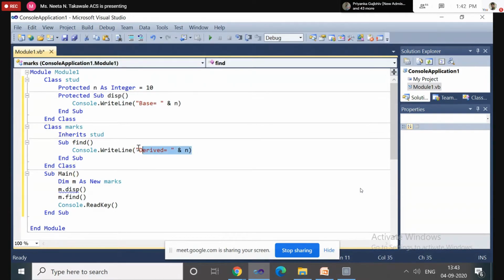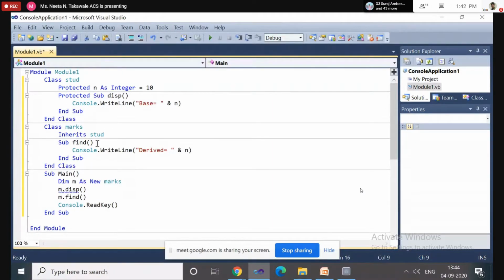Now look at this statement. For n it is not showing any error message, because the derived class can access the n variable since it is protected. Protected members can be accessed by the derived class. But look outside the class: I am accessing the display method, but display is a protected method, so outside the class we cannot access it, and it shows the error message.